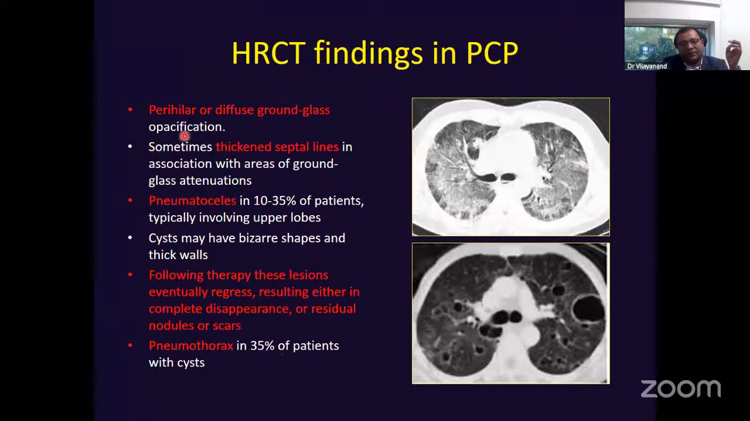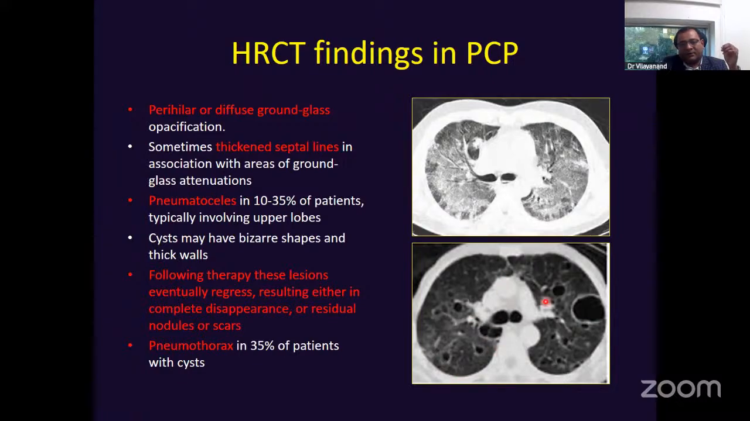They are diffuse ground glass opacities in both lungs. As you can see in this top picture, there is associated septal thickening, interlobular septal thickening, and a few atelectatic bands can also be seen along the dependent part. Then there can be pneumatoceles. These small cyst-like areas are seen in case of